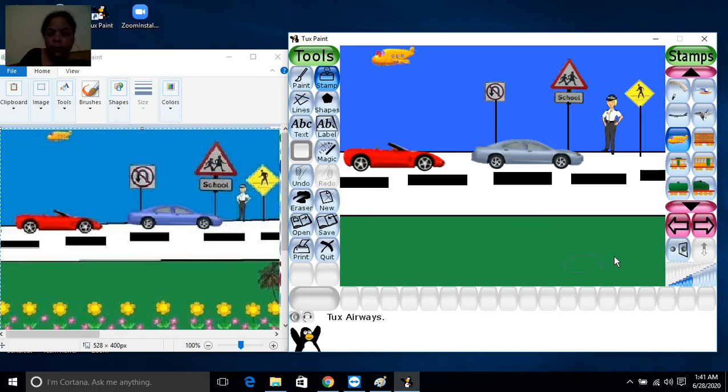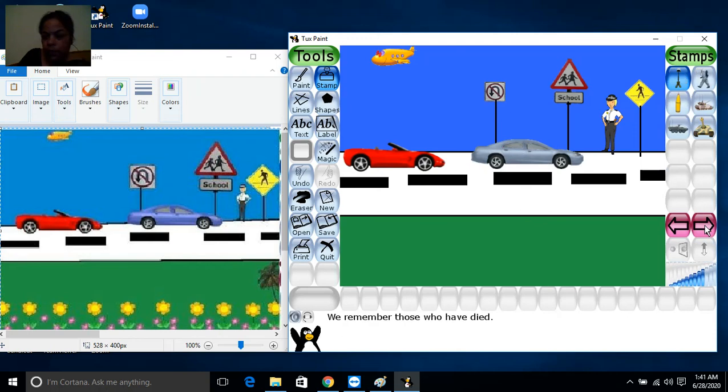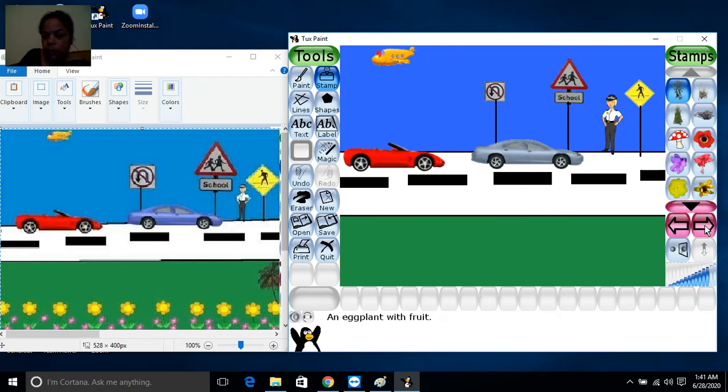Here we want flowers, so I will just choose the flowers. I have to search whether this type of flower is here or not, otherwise we will draw the flower with the help of the magic tool.